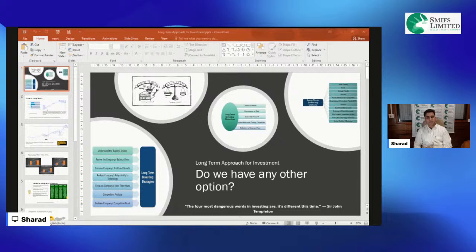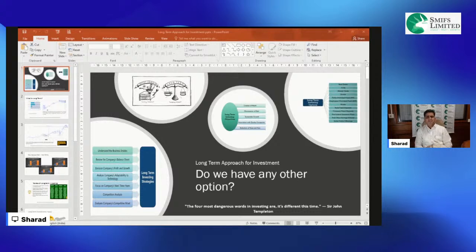What is the quality of the management? What is the quality of the earnings of the company? What is the ability of the company to pass on the higher cost to the end consumers? And how good is the product or the industry per se to survive over the next 10-15 years? In current times, it will be a difficult choice because the way transformations are happening in many industries, it is very difficult to pan out a 10-15 year kind of outlook.